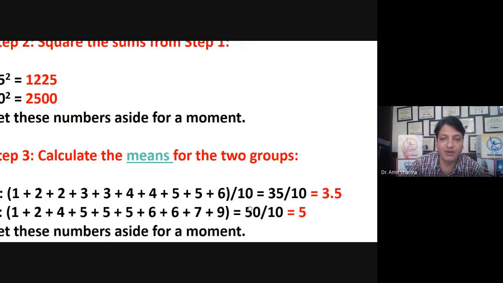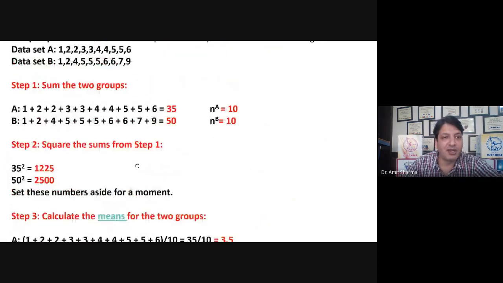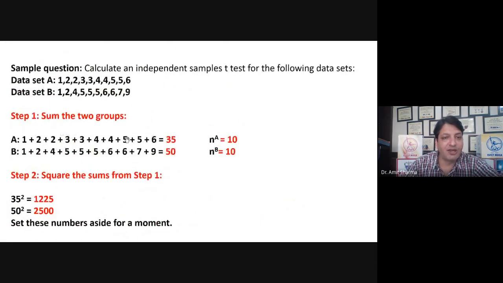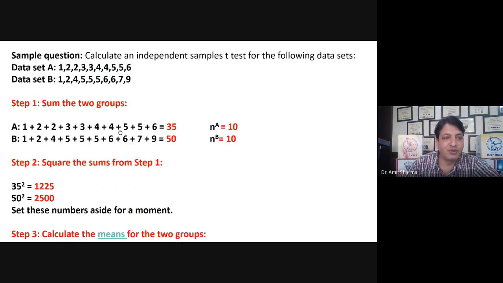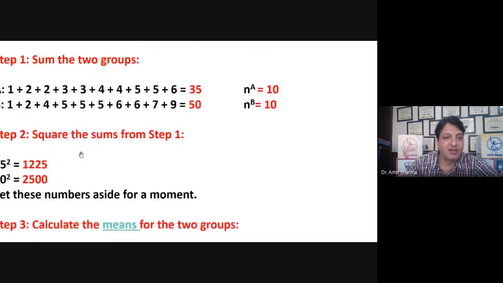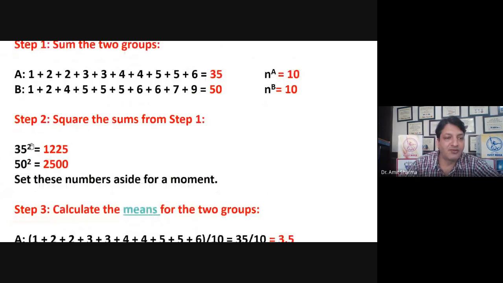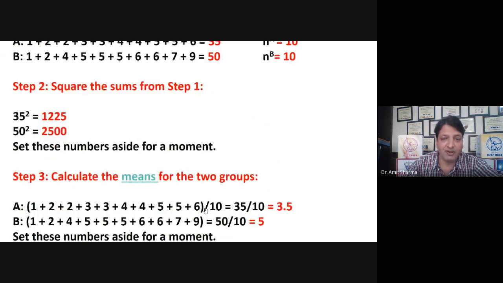For the second group, the sum is 50 divided by 10 observations in group B. So we got the mean 5. So three things we have calculated so far in three different steps. I will repeat again. In step 1, we calculated the sum. In step 2, we calculated the square of the sum, that means the square of 35 and the square of 50. And in step 3, we calculated the mean for both the groups.